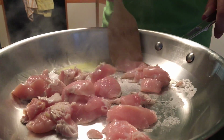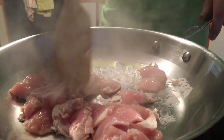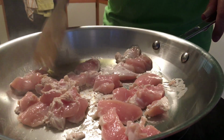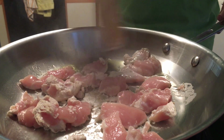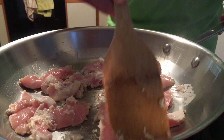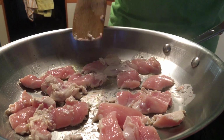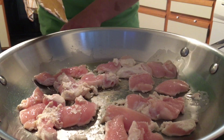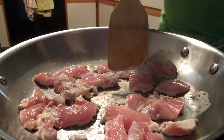Kind of in one layer along the bottom here. I didn't really get the oil all along there. Probably should put some of the oil on the chicken here first. But we're just doing it at medium temp here, because with chicken, it takes time to cook up. So if we look here, I'm turning it up a little bit, but you see right